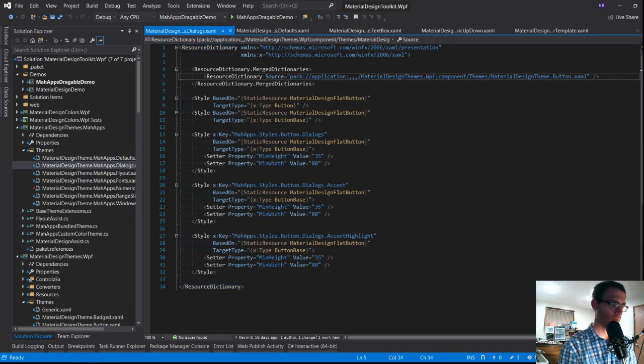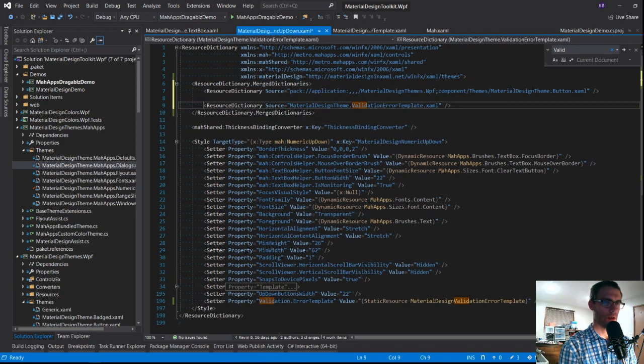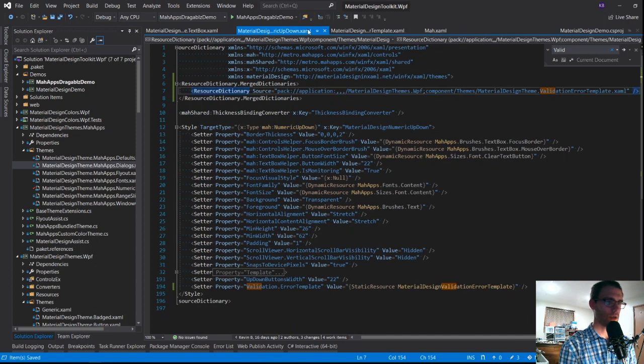And this is what I want. This reference. Let's see, Material Design theme, validation error template. Something more like this. And we'll do a static resource because if this isn't found, I kind of want it to blow up.